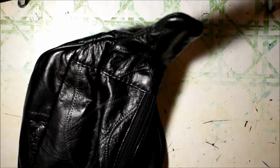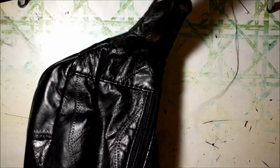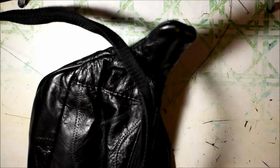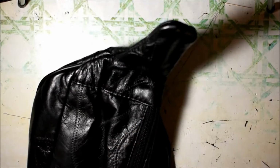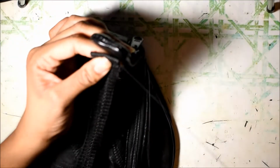Now, what I'm gonna do is make sure that my strap is not twisted. So it's gonna take some moving around, but that's okay. And now that I'm sure it's not twisted, what I'm gonna do is find my needle again,